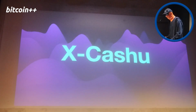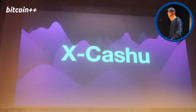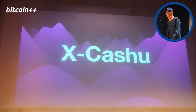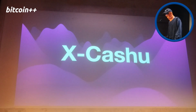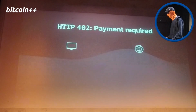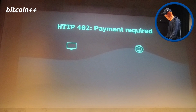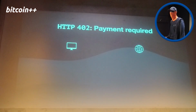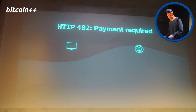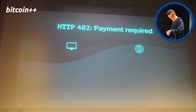All right, so at the end, I want to mention a couple of advancements that we have done with this simple protocol that we called Cashu. This is an attribution to the headers in the HTTP protocol that you can add to your requests. Basically, what we're trying to do, like a couple of other projects as well, is to unearth the lost and forgotten error code, HTTP 402, payment required. And I really think this one vibes really well with Ecash because of its UX